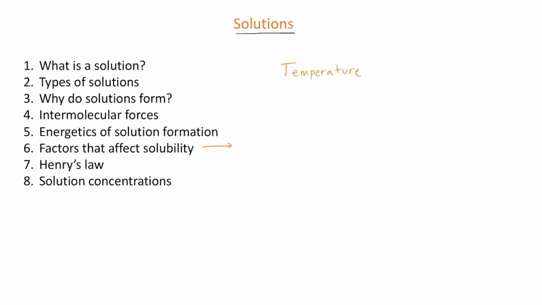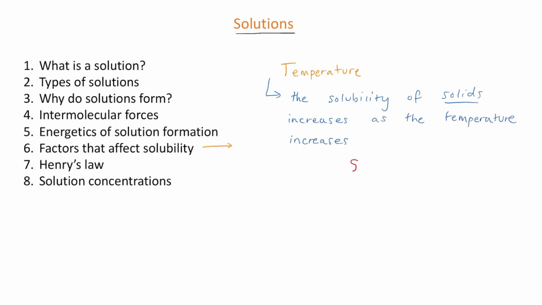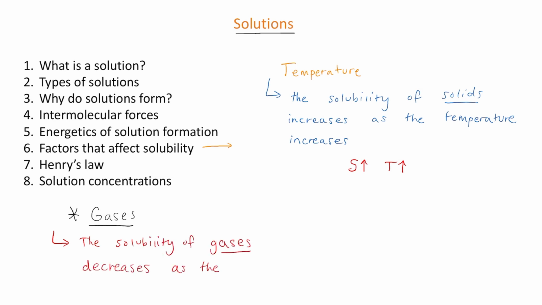can affect solubility. The first factor is temperature. We know that the solubility of a solid will increase as the temperature increases. What this means is that more solute will dissolve at higher temperatures. But if we look at gases, the opposite is true. When it comes to gases, the solubility of gases decreases as the temperature increases. And this makes sense. If you increase the temperature, the gas molecules are going to have a lot more energy. So they're going to be moving around a lot more, which makes it more likely that they're going to escape